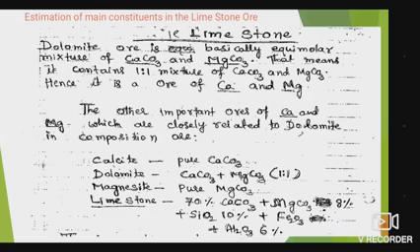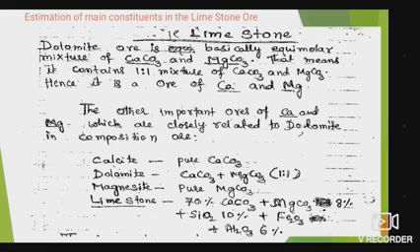Limestone ore, also known as dolomite ore, is basically an equimolar mixture of calcium carbonate and magnesium carbonate. That means it contains a 1:1 mixture of calcium carbonate and magnesium carbonate. Hence it is an ore of calcium and magnesium. The other important ores of calcium and magnesium are closely related to dolomite in composition. So what is the composition of limestone?